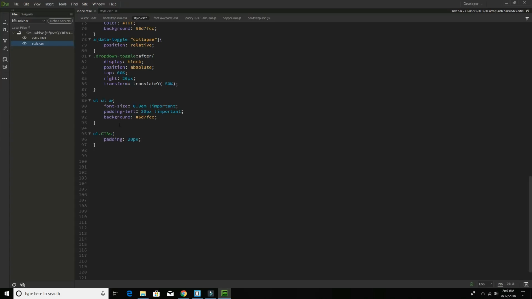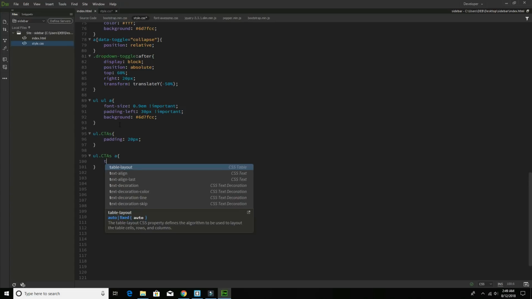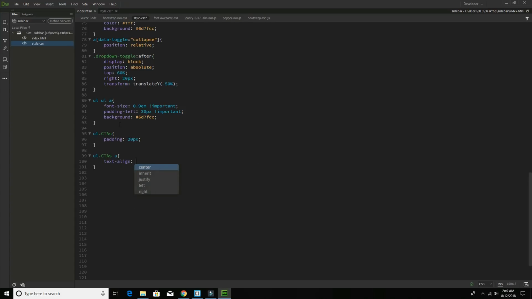Okay, ul dot cds anchor tag, for them text align center,